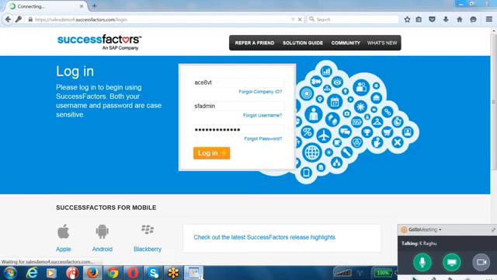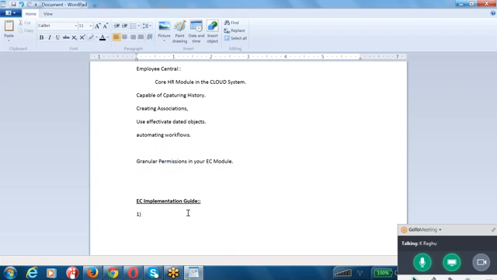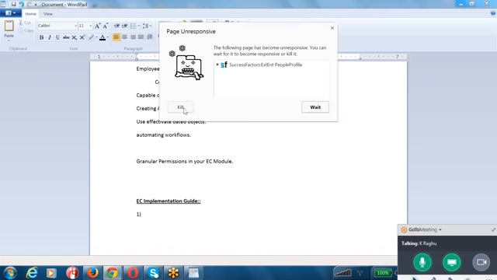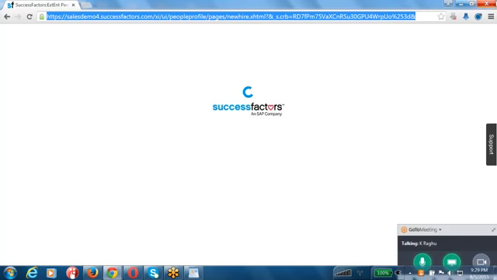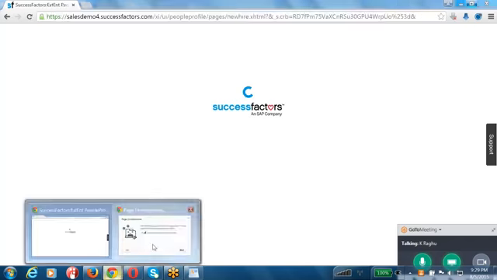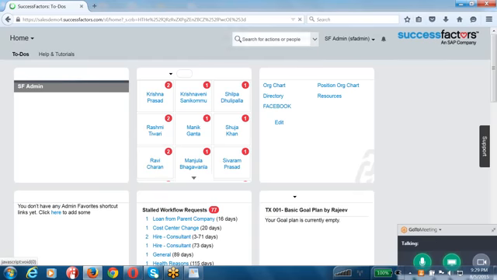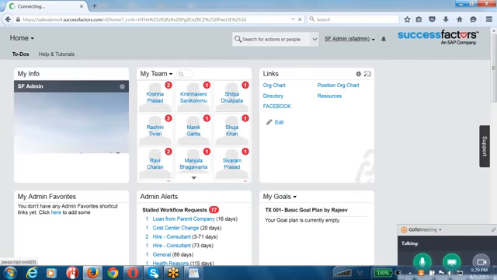So going back to your implementation sequence, the Employee Central module implementation sequence, there is a 14-step implementation sequence that SAP SuccessFactors will recommend all the clients to follow. And the first step in your implementation sequence is, okay, guys, one second. It seems that I have a problem, it is hanging here. Okay, so if you go here,